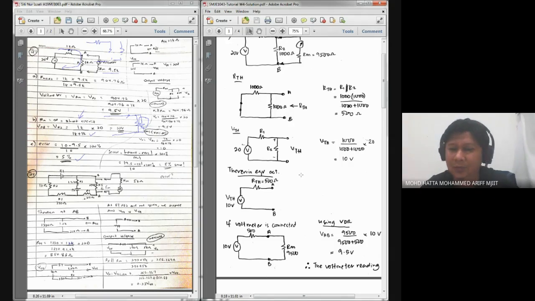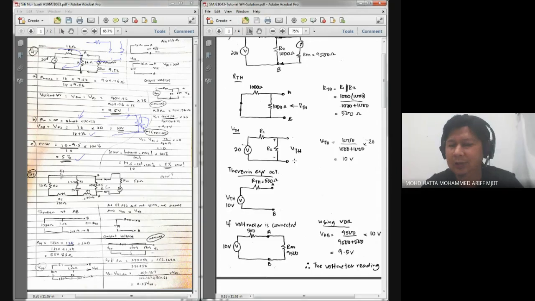I think most of students don't like this idea, because they don't know how to find RTH and also how to find VTH in order to set up a Thevenin equivalent circuit. But believe me, it is very important for you to know how to set up a Thevenin equivalent circuit,